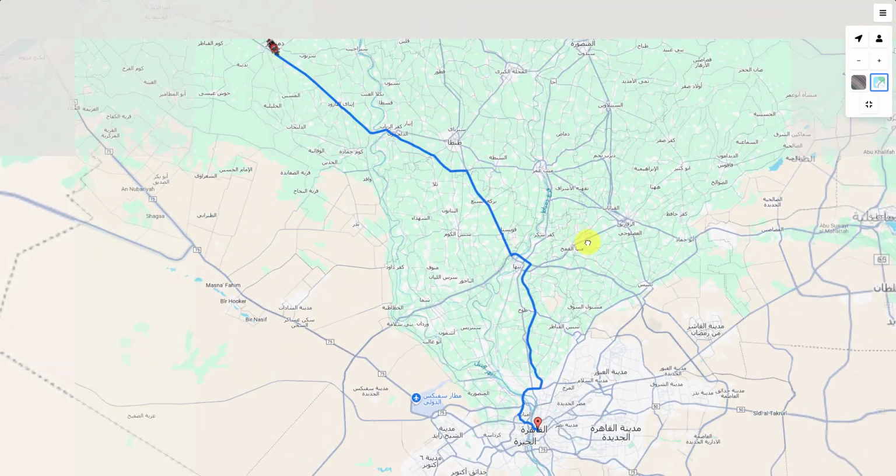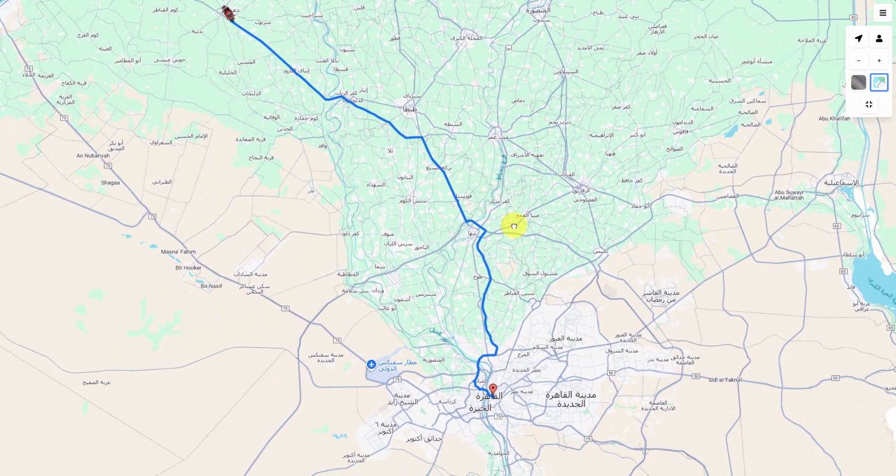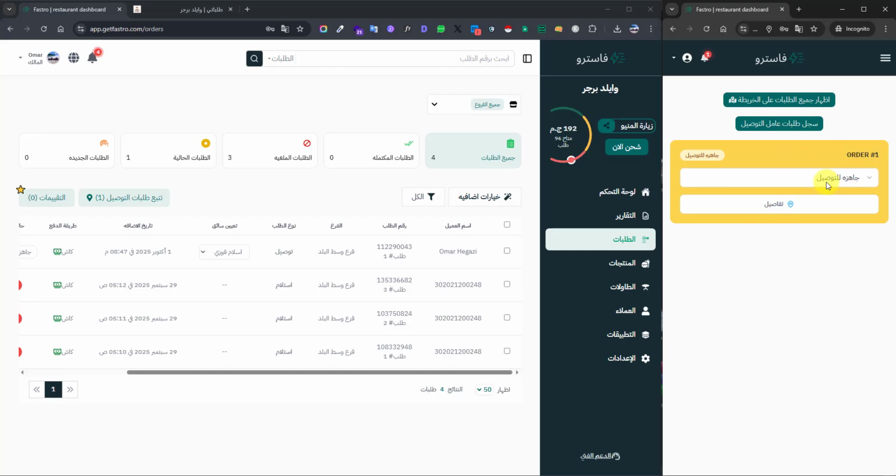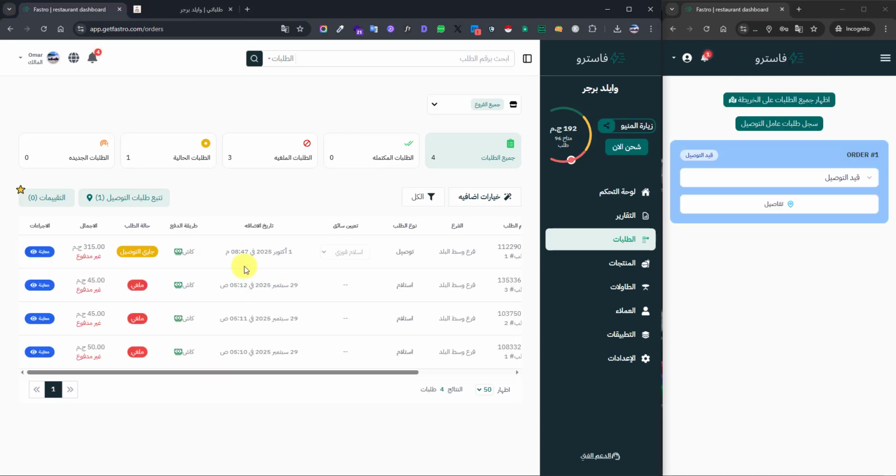Whenever an order comes in, it deducts from your account balance, whether it's an order from the menu or the cashier. Any order deducts from your balance. If you want to top up, click Recharge Now. Say you want to recharge 100 EGP, which equals 50 orders. You click